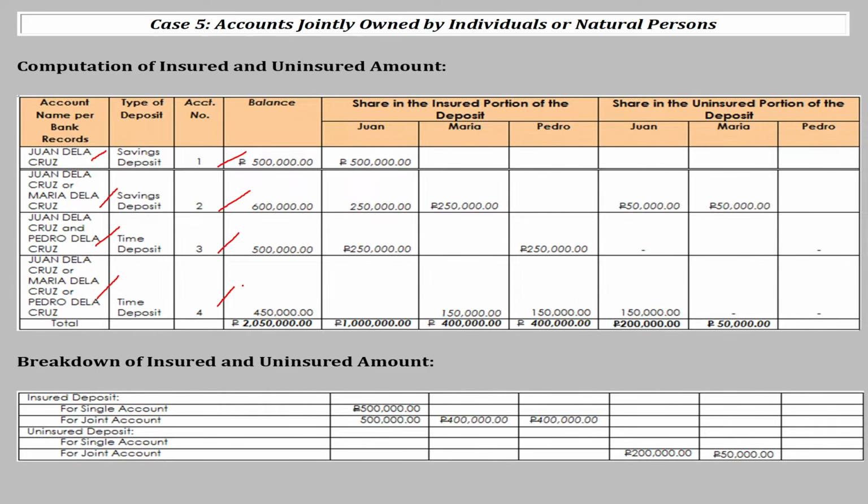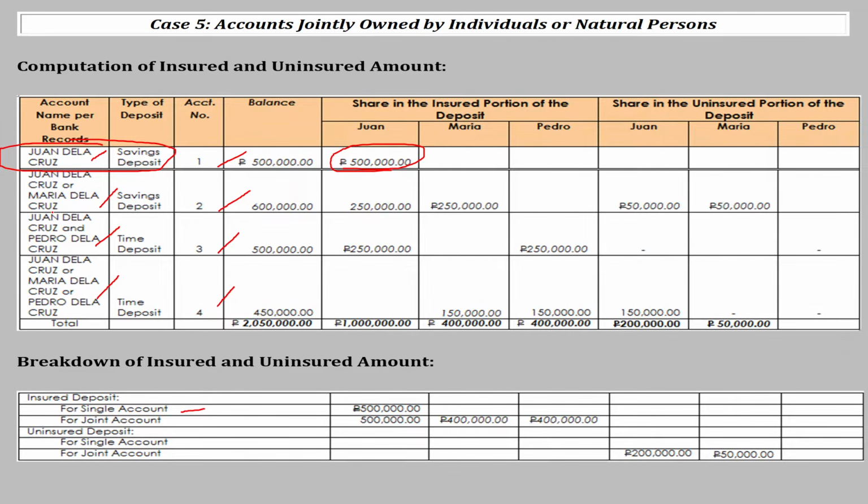Okay? So let's compute the insured deposit. Now, for single account, isa lang naman yung single account dito which is yung kay Juan de la Cruz, di ba? So insured amount is 500,000 pesos. So yung entire 500,000 insured siya. Okay? So for joint account naman,